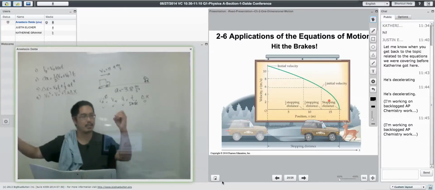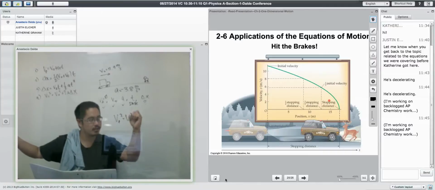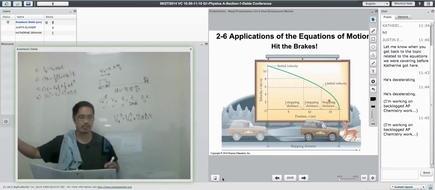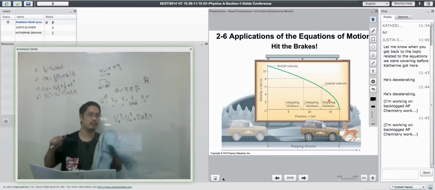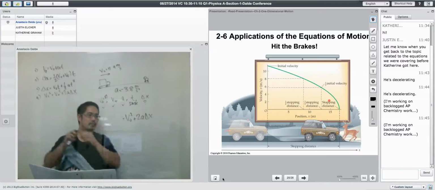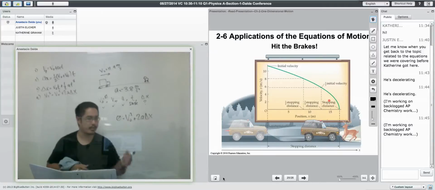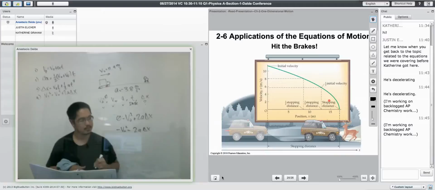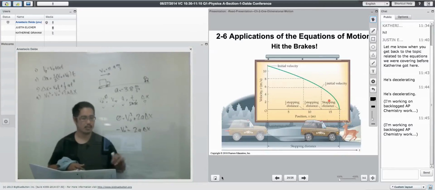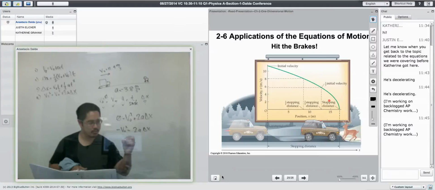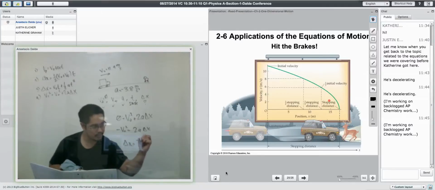So let me write that down. Here's the fourth equation: V final squared equals V initial squared plus 2a delta x. I'm going to do some algebra real quick. V final squared is 0. I want to get delta x. I'm going to pull this guy over, and I get negative V naught squared equals 2a delta x. Then I'm going to divide through by 2a, and so I get delta x equals negative V naught squared